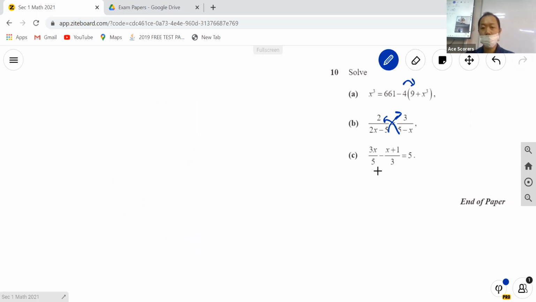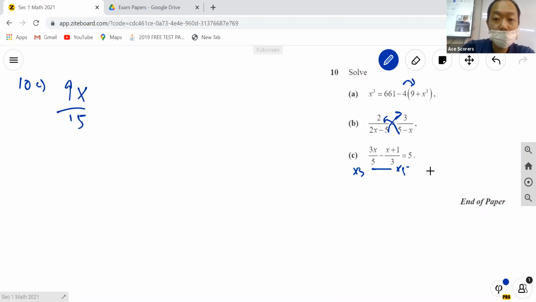So the last one, you have to combine these two first. To combine these two, we've got to find the common denominator, which is 15. So 10C. Okay, so 15 for the common denominator. Here we times 3, here we times 5. So 9x over 15 minus